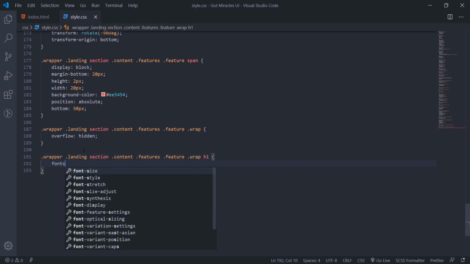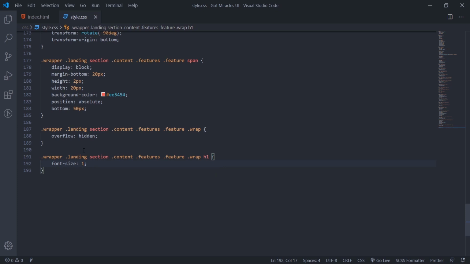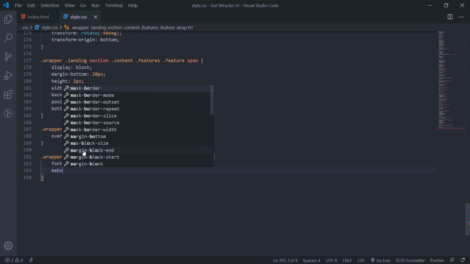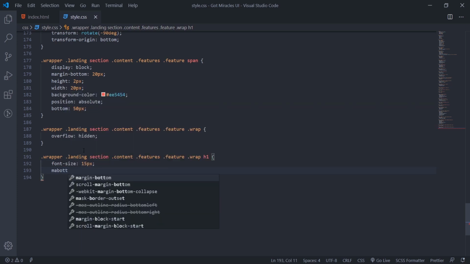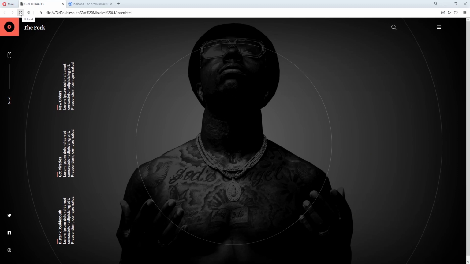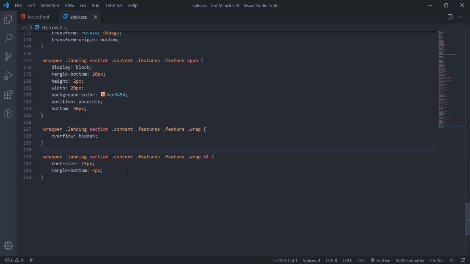Font size could be 15 pixels. Then we set margin bottom to 4 pixels, so space them from the content. So by the time we make one smaller, we will appreciate the design.